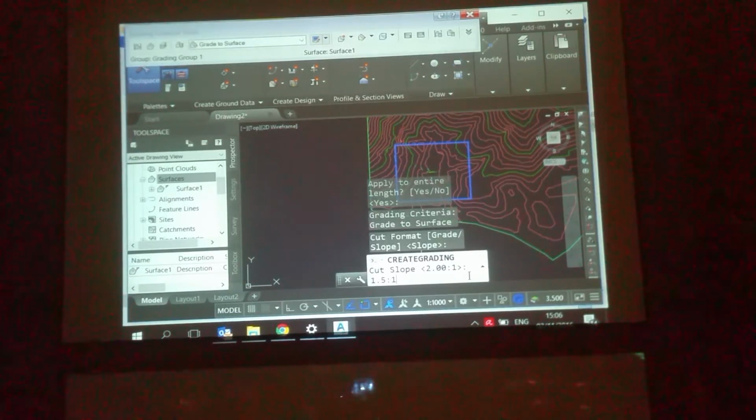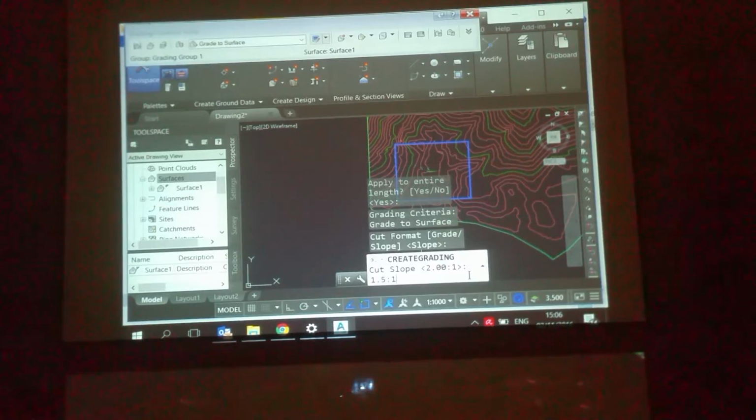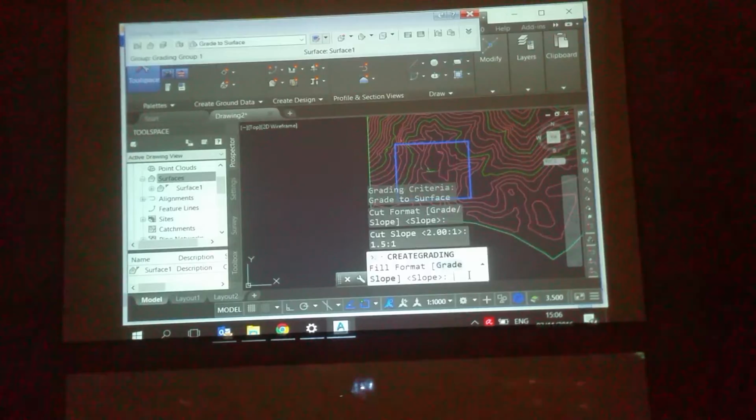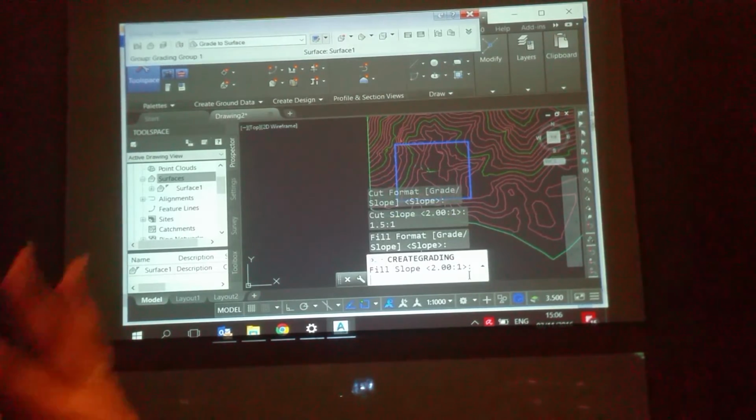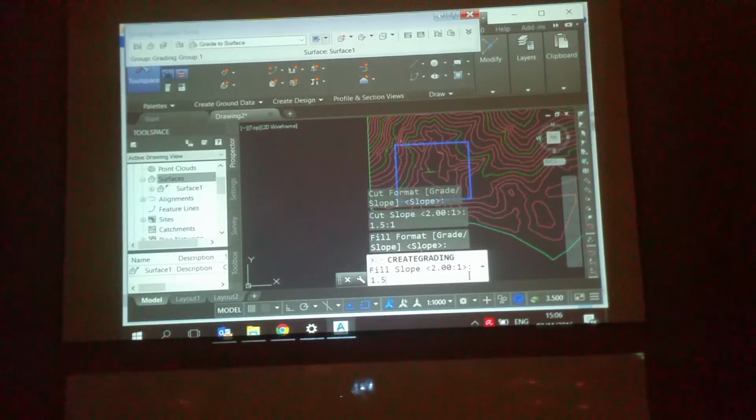Quite gentle, then the area of cut and fill will be too big. So 45 degrees is 1 over 1, so it's slightly gentler. What about 40, 1.5 over 1. Then enter, and get the grade slope here, 1.5 over 1.